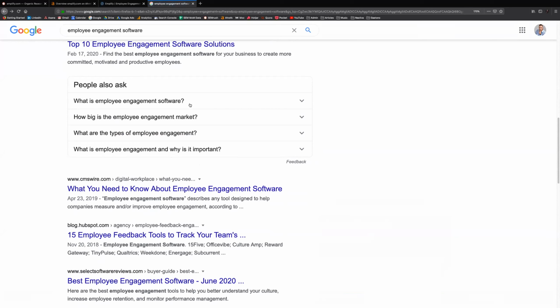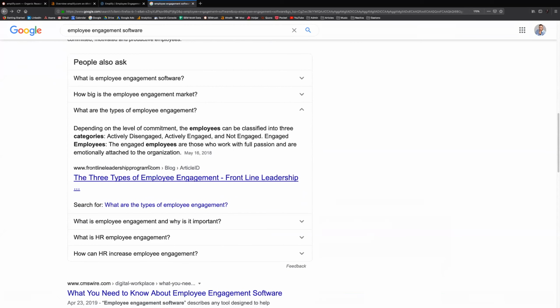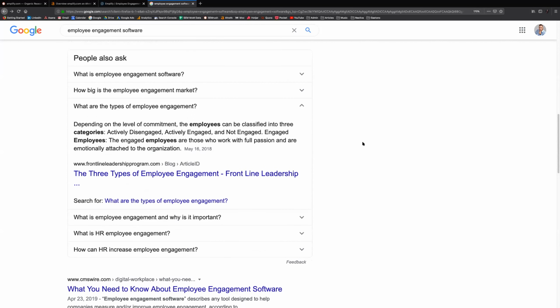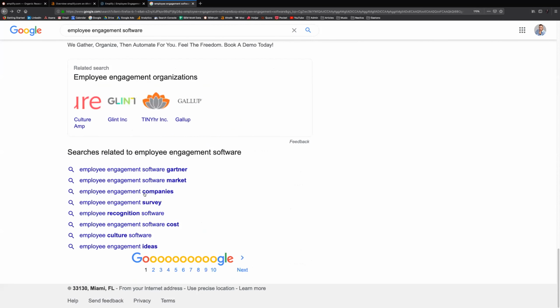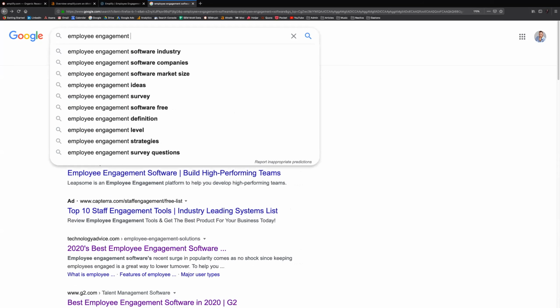So what is employee engagement? What is employee engagement software? How big is the employee engagement market? What are the types of employee engagement? This is all stuff that they should be all over. The what is, the how to, the where is, how can I, who is it for, all this kind of stuff. And then if I were to go back to employee engagement and look at the